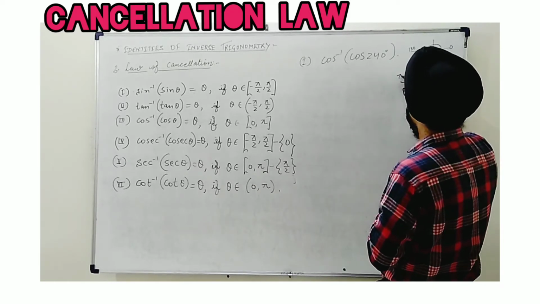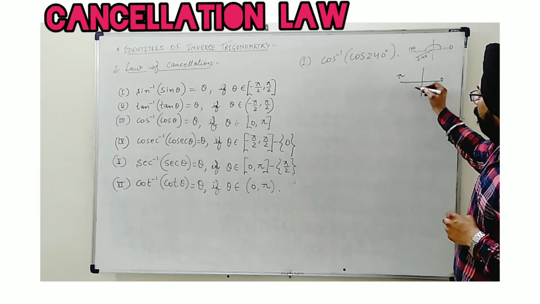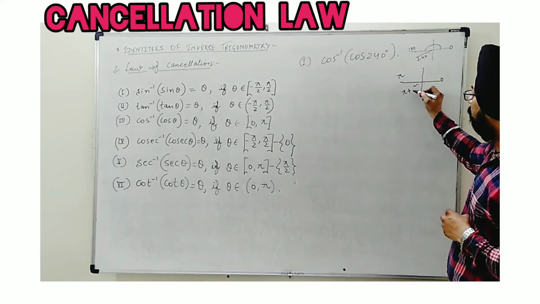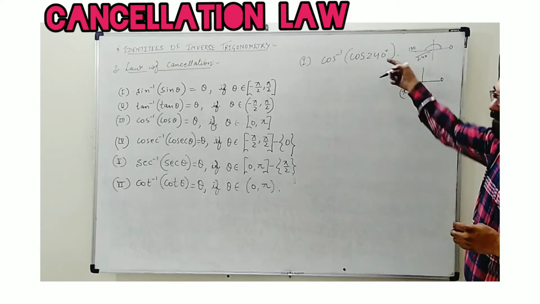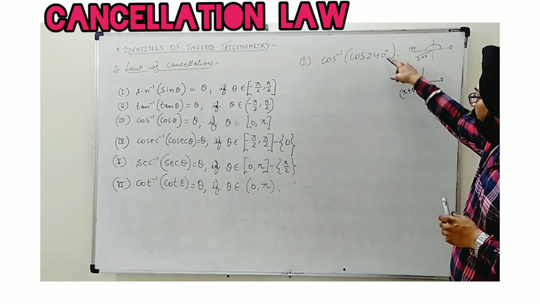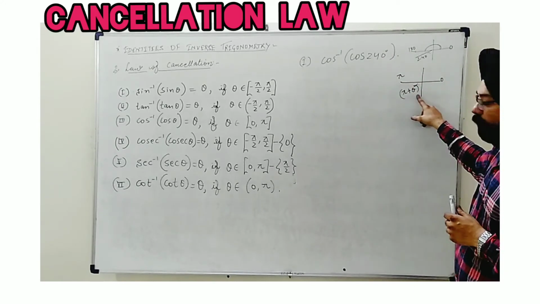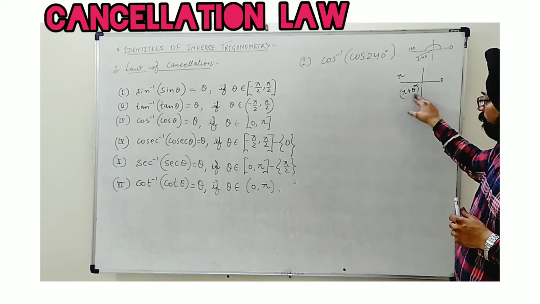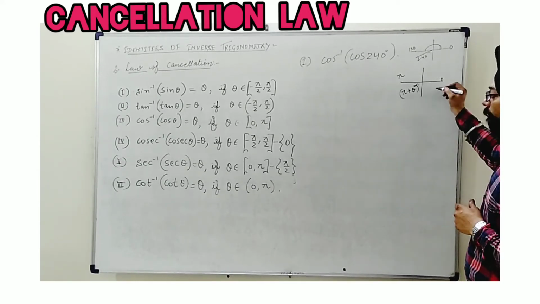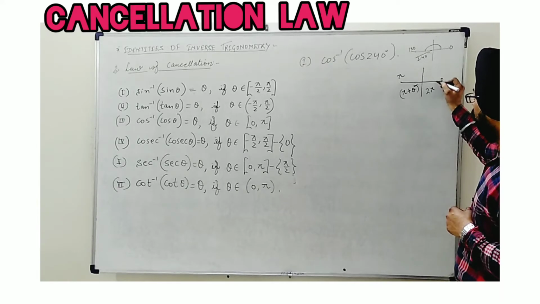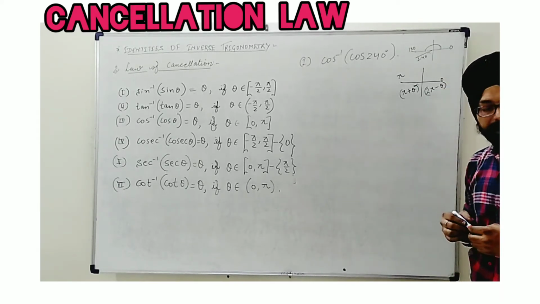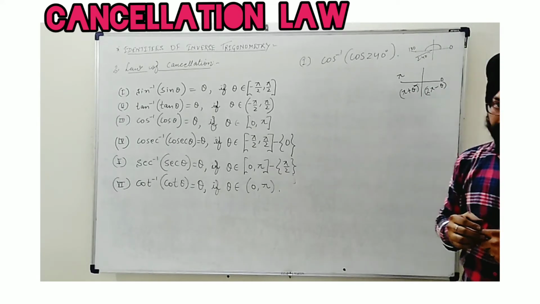I need 0 to pi. When the given angle belongs to the third quadrant, you write it as pi plus theta. Express this as pi plus theta, meaning whatever be the gap between pi, which is 180 degree, and this angle, express this in terms of that and then solve this expression using allied angle concept. Here in the fourth quadrant, express using 2 pi, which is 360 degree, as 2 pi minus theta, and again allied angle concept will be applied there.